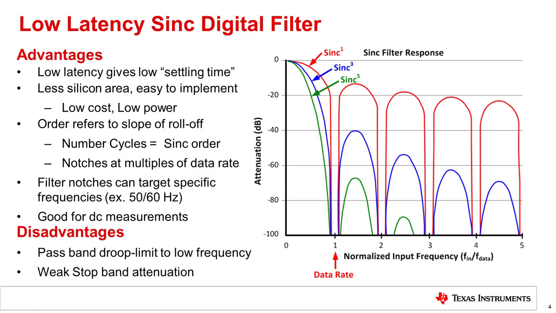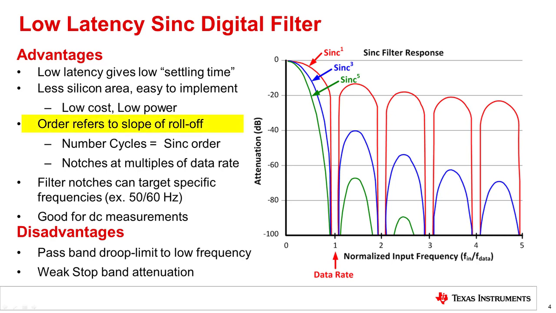The low latency filter is a very simple filter that is implemented using some basic math functions, like averaging. A common type of low latency filter is the sinc filter. One of the main advantages of the low latency filter is that the delay due to latency, or digital settling time, is short compared to a higher latency filter. Another advantage is that this type of filter is simple and easier to implement than more complex high latency filters. This means that it will take less silicon area and thus will be lower cost. Furthermore, the simple implementation tends to consume less power as well.